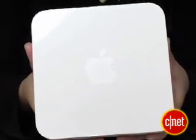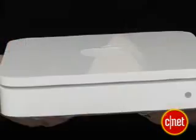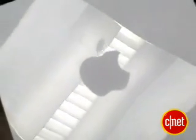One thing we found that's a shortcoming on this one is that it offers no gigabit Ethernet ports, which is too bad because a lot of the most recent Macs do offer gigabit Ethernet. Another nice feature about this is that Apple supports both 2.4 gigahertz and 5 gigahertz bands, which is great if you have a lot of interference on your 2.4 gig network. Things like baby monitors and microwaves can interfere with that, so you can switch to 5 gig if that works